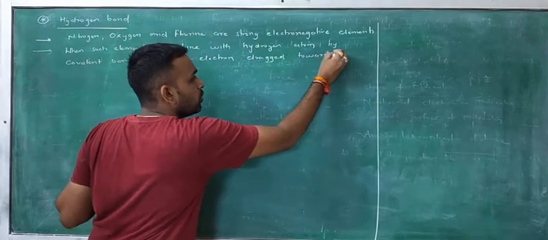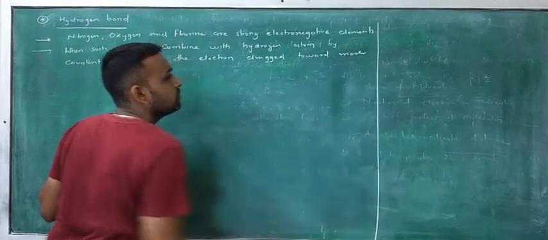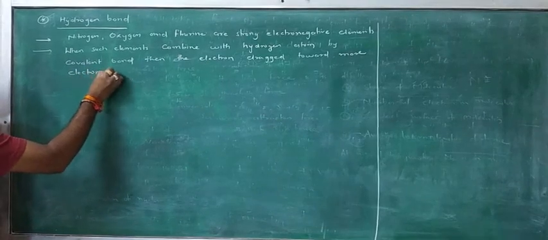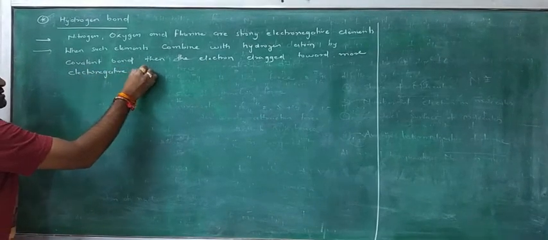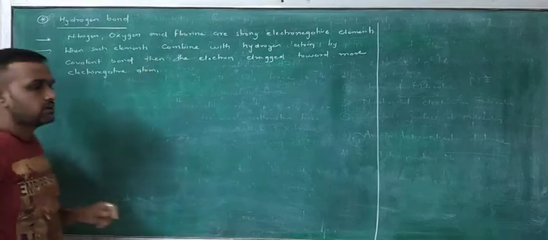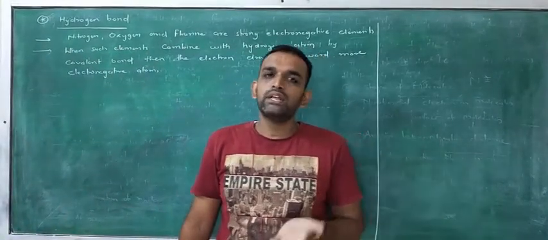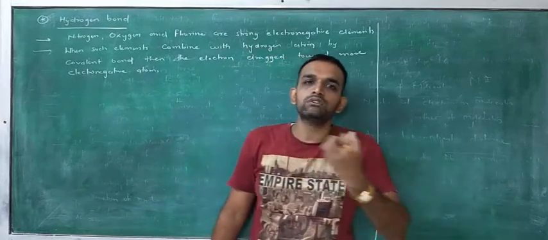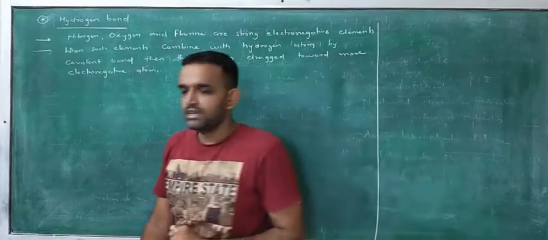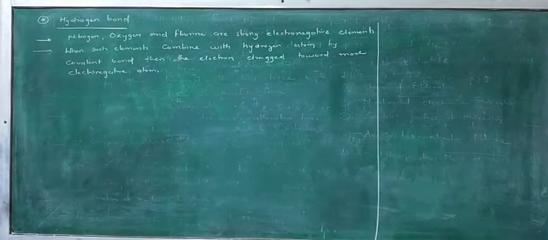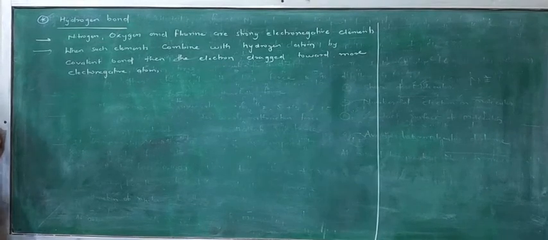So here nitrogen, oxygen and fluorine are more electronegative. That's why all the electrons are attracted towards this atom. Is it clear? So now, thus the partially positive charged hydrogen atom of one hydride forms a strong attraction bond with the more electronegative